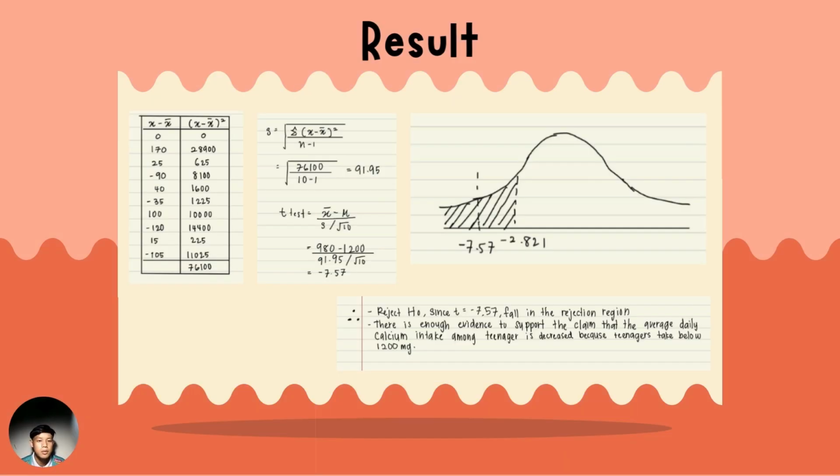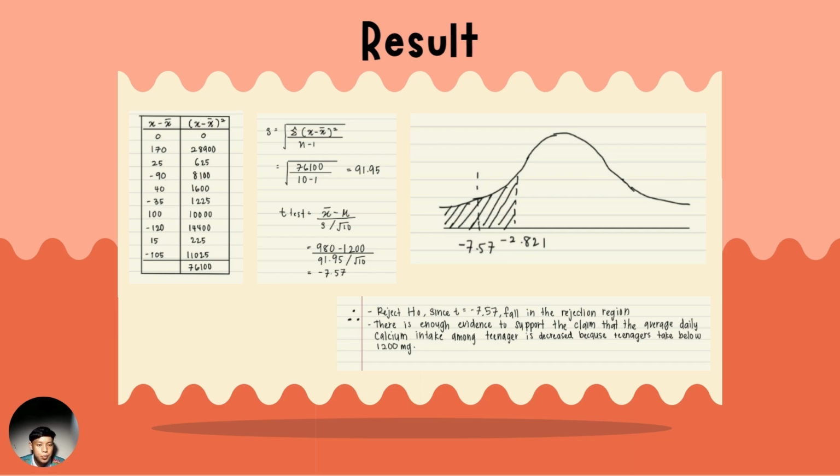Hello, my name is Mosfedos Binargan. I will continue to find the standard deviation. So firstly, we will find x minus x bar. So this is our result. After that, we will square all the results that we get and sum them. So we will get 76,100. So we will use the formula for standard deviation,